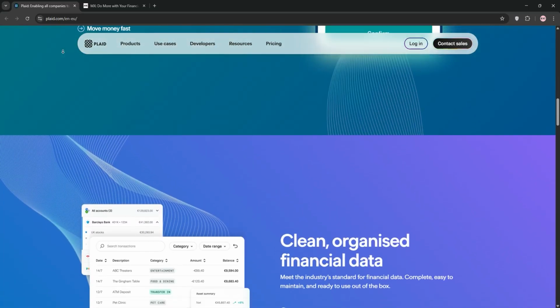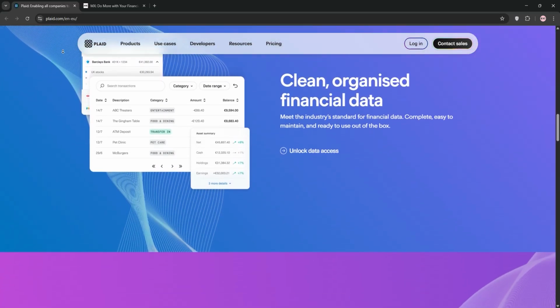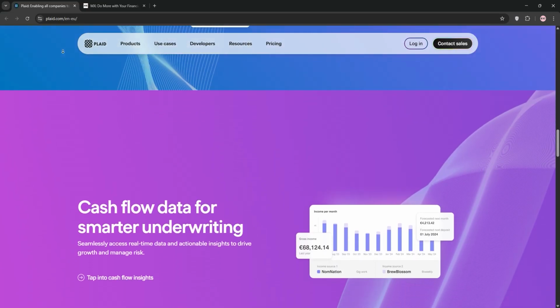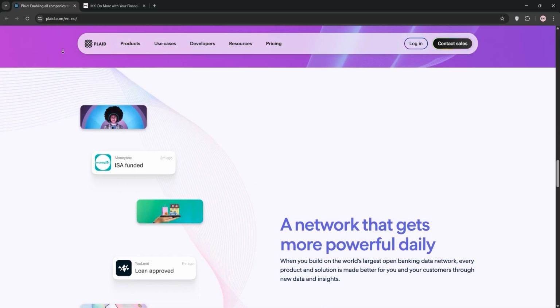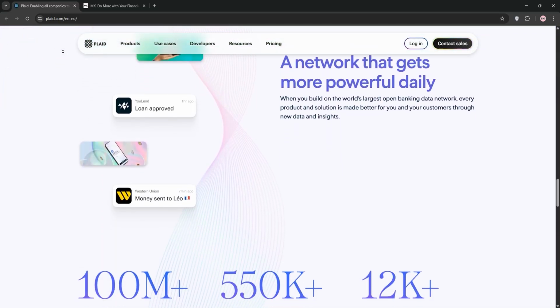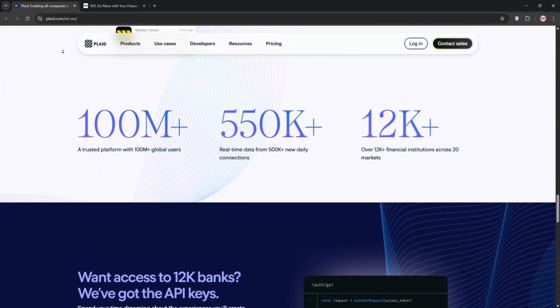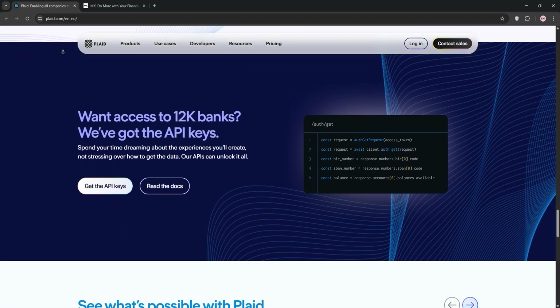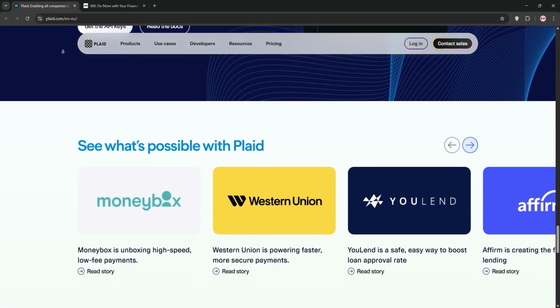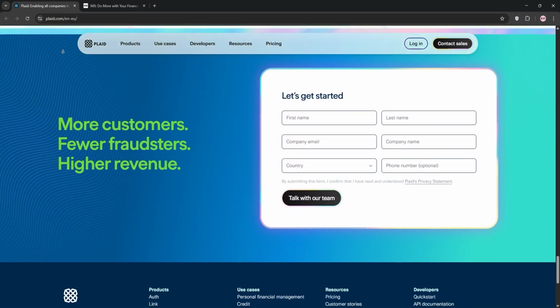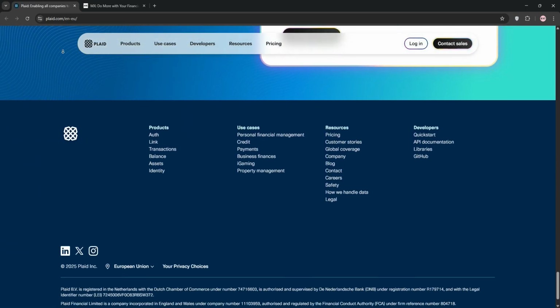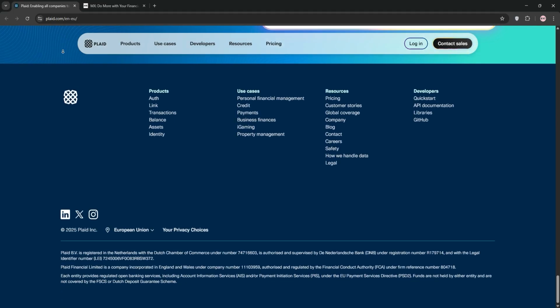Plaid, founded in 2013, is a developer-friendly API platform that connects apps to users' bank accounts. It's known for its vast coverage, linking over 12,000 financial institutions across the United States, Canada, UK, and Europe. Plaid excels in account verification, transaction data, and payment processing, powering apps like Venmo and Coinbase. Its strength: speedy integration and robust documentation for developers.